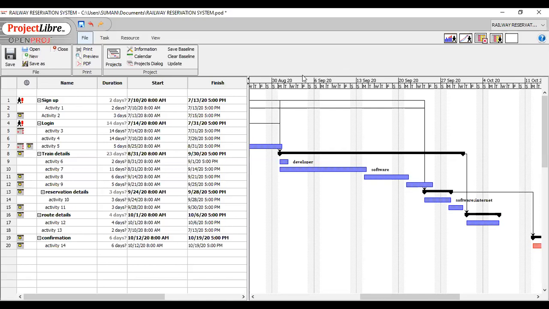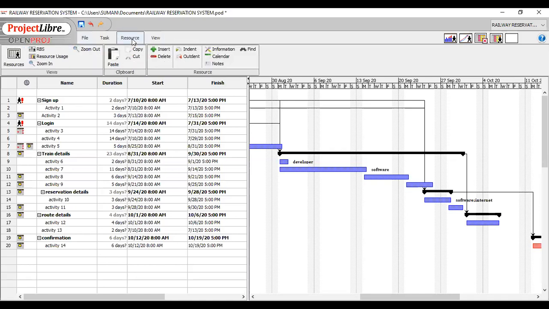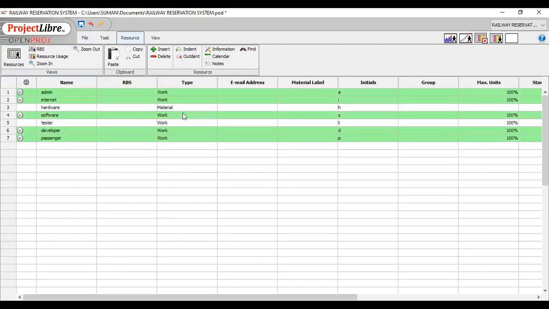Now we will learn that besides defining a calendar for a task, how can we also define a calendar for each specific resource. For this purpose, just click on the resource button. After clicking on the resource button, you will get another resource button on the left side. Click on this resources and here you will find all the resource types, whether human or material, which you have already allotted to the project.